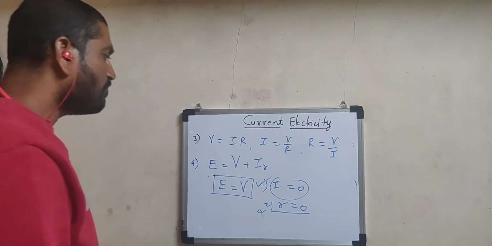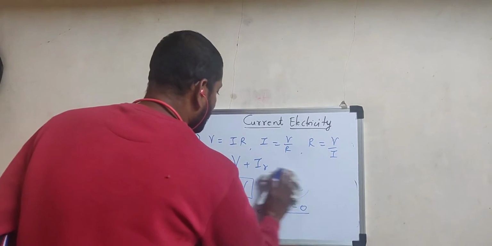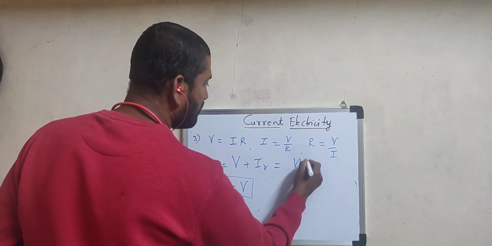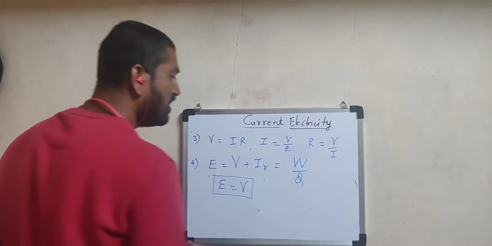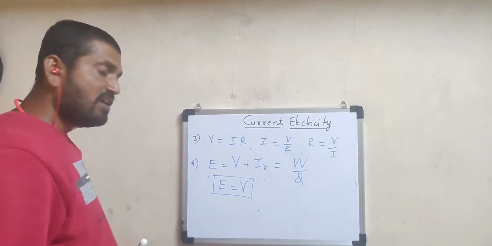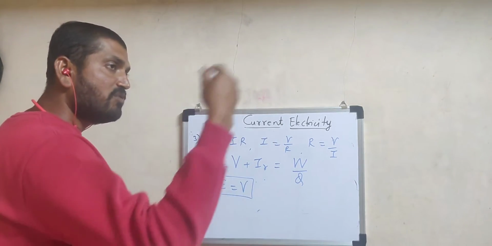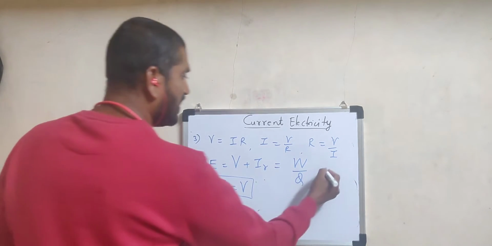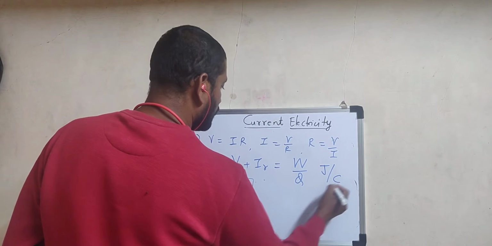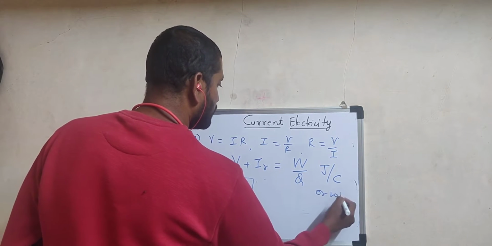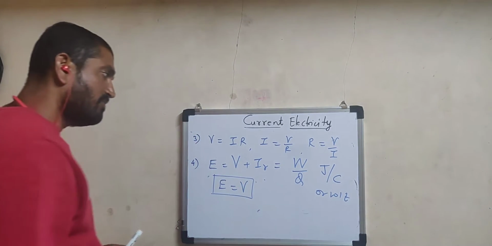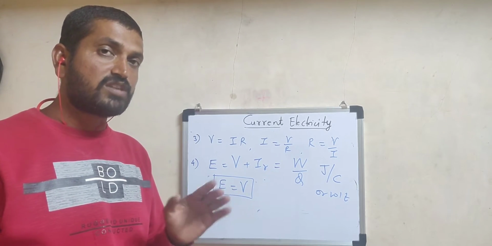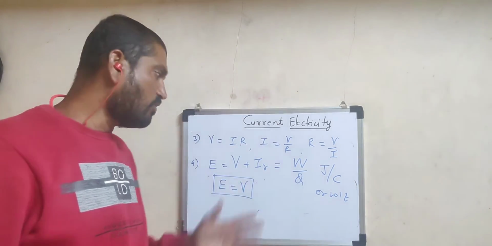Now the next important part is the EMF definition. EMF is also given by the formula: the ratio of work done to the charge displaced once around the closed circuit, meaning the amount of work done to circulate a given charge once around the closed circuit. This ratio always gives rise to EMF, and hence another unit is joule per coulomb. One unit is volt, so we can write volt is equal to joule per coulomb. The EMF of a cell is said to be 1 volt if 1 joule of work is required to circulate 1 coulomb charge once around the closed circuit.